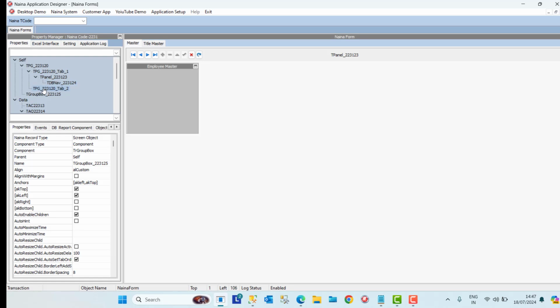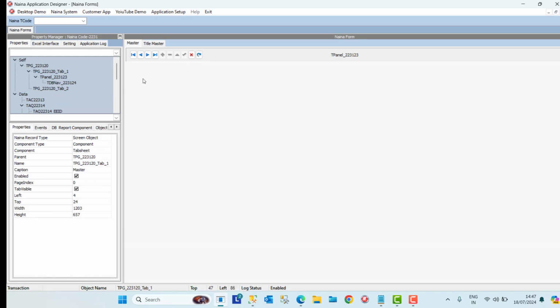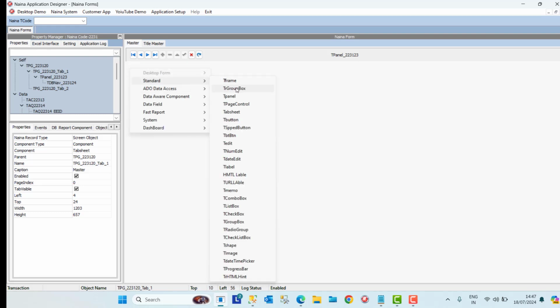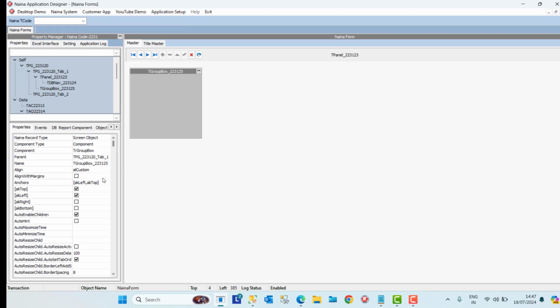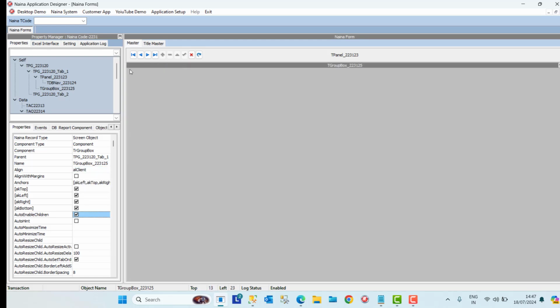This is navigator, and then okay, no, this is wrong. This is self, that's why it's taking. So what we need to do, we need to delete it, and we need to make sure we are in the tab sheet 1. Okay, and then we can go and create. So now it is okay, now the parent is this. So now if I go here and make it client, okay, and then we need to add